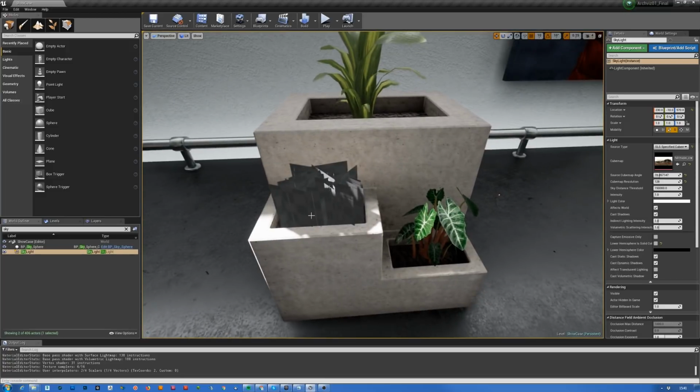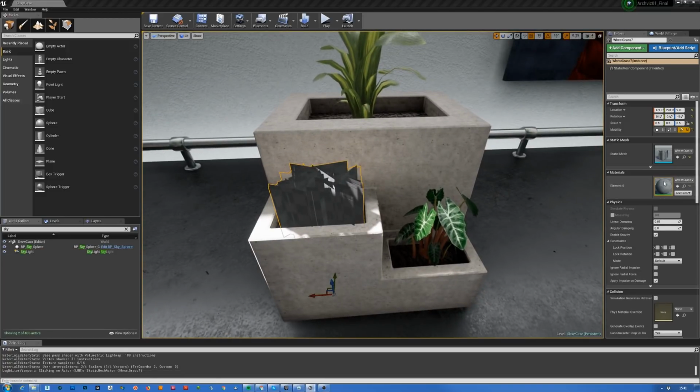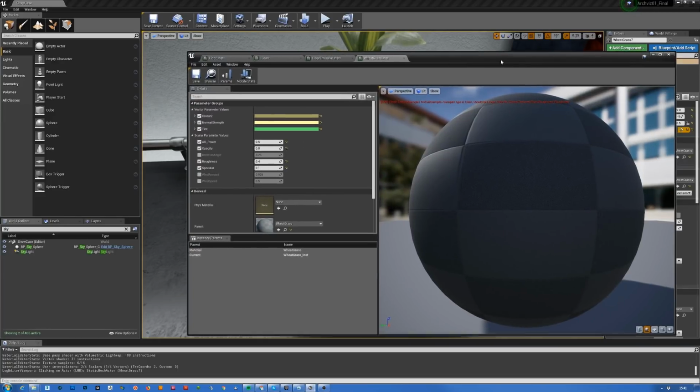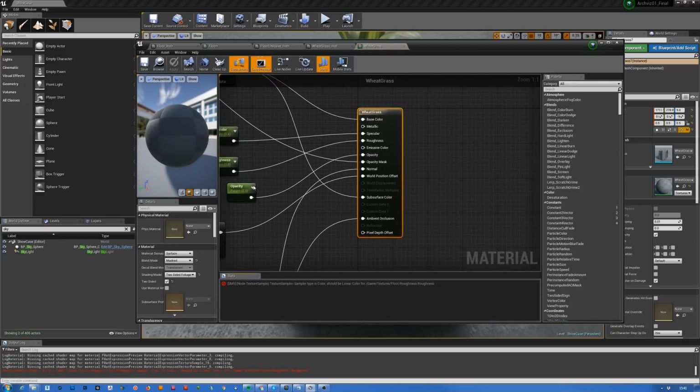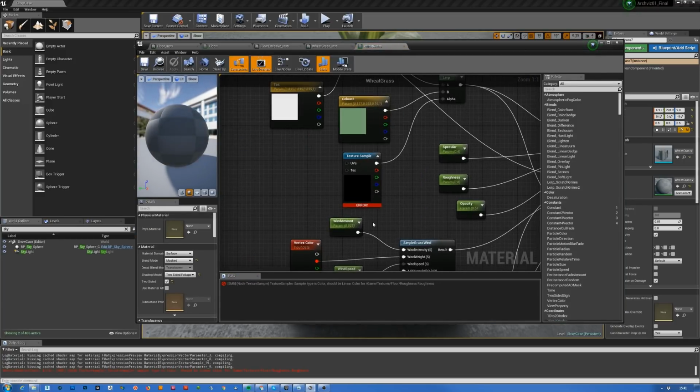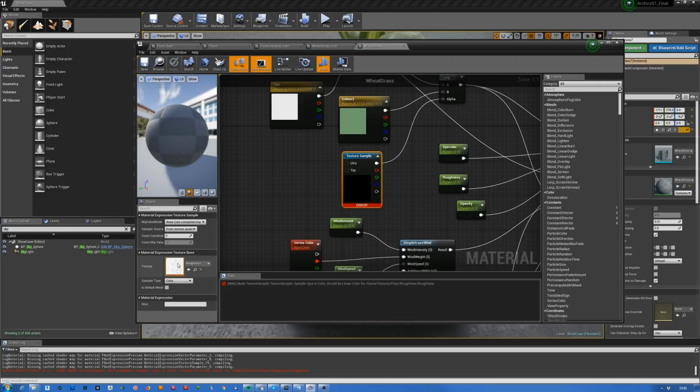Oh. What is wrong with this one? Texture sample type is color, should be linear. Floor roughness. What? Why? What is wrong? Texture sample alpha is. Yeah. Okay. No,